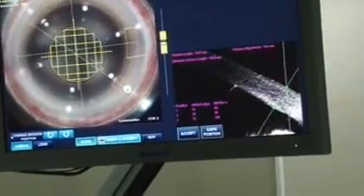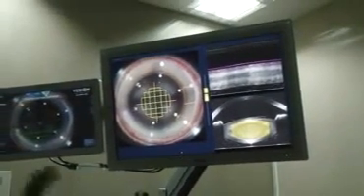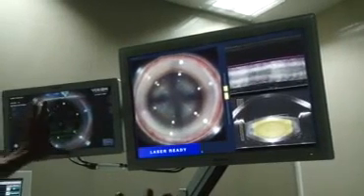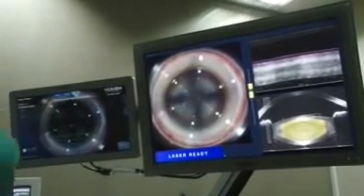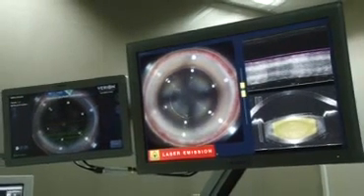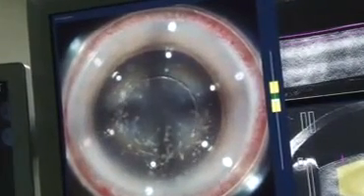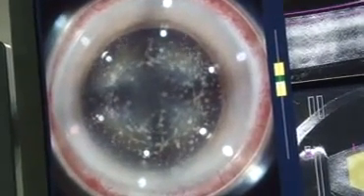Now once I do that, we apply that to the patient, and now we can start applying the laser. Mr. Appa, I'm applying the laser now. It will take us about 30 seconds. We have started the laser. You can see the anterior capsule being cut by the femto. All these air bubbles are coming. You can see this part getting filled.